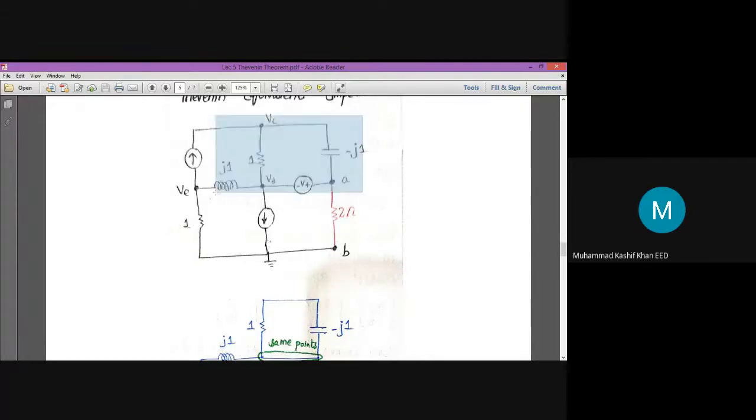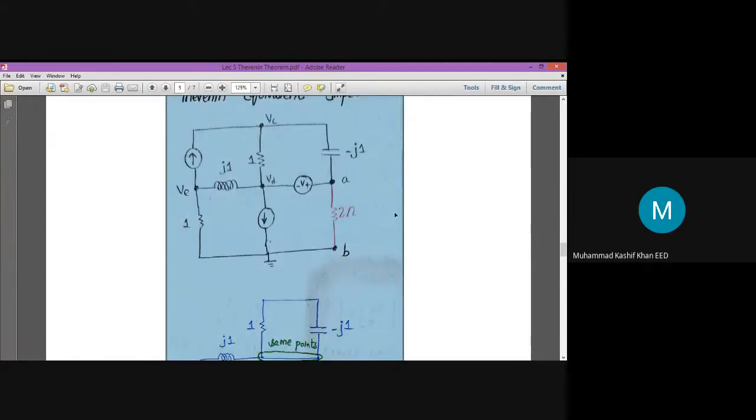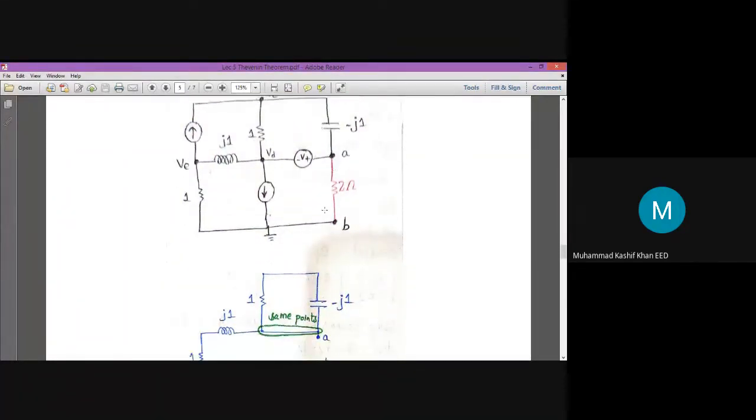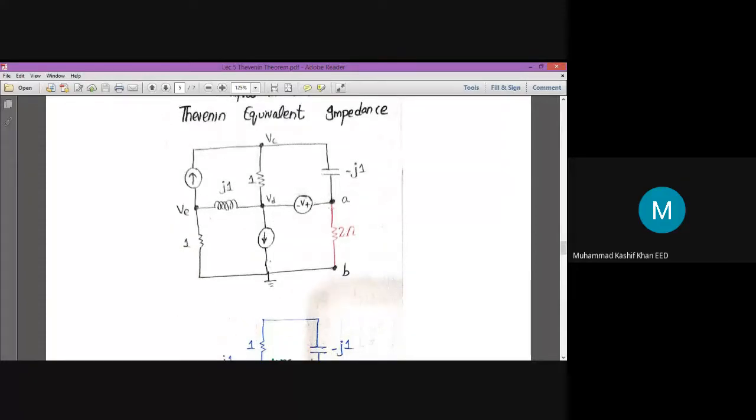Let's say this is another complex circuit in which the element of interest is this 2 ohm resistor. I have marked it with red pen. In the first step, you will remove this element of interest, and you will mark point A and point B. In this particular example, point B is grounded, so you only have to find out the potential at point A with the help of nodal analysis. Once you have found the potential at point A, the Thevenin voltage will be equal to VA minus VB. VB in this case is ground, so the Thevenin voltage will be equal to VA. And that is the easy part.